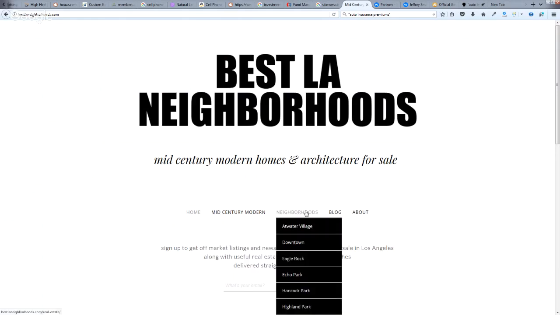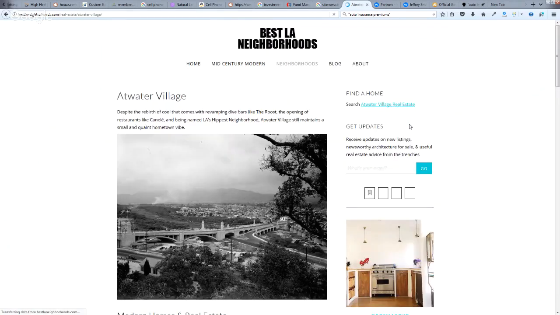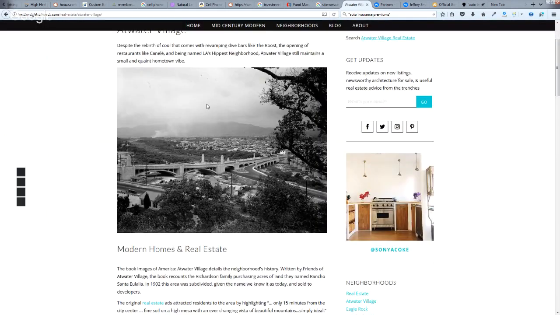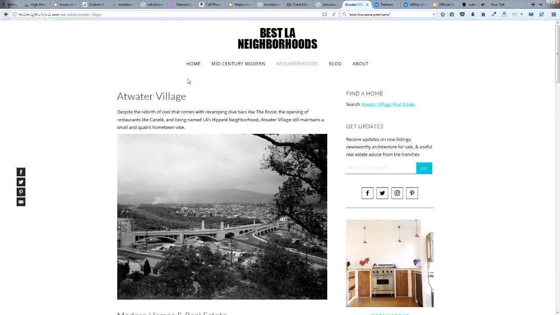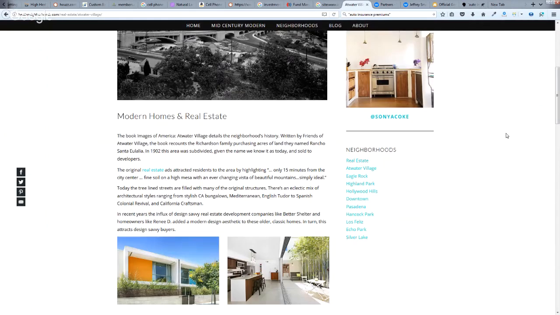Another thing that we did is we built out neighborhood pages for each one of them, where we included in-depth articles on each one of these pages. Those are called geo pages, right? These were geo for the neighborhood in this case, because Los Angeles is a big place. And the third thing that we did is we actually used WordLift, which is a very powerful plugin that